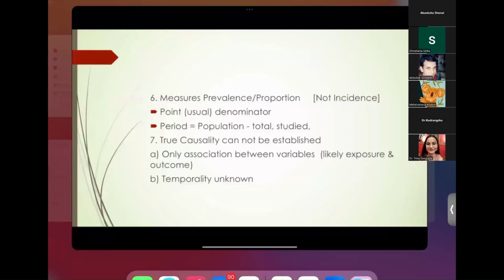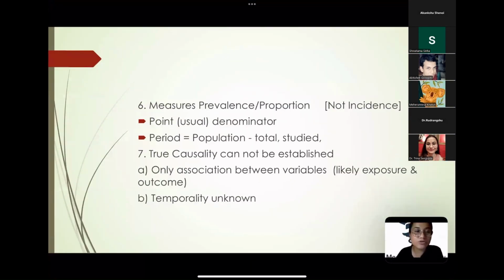That is what it is written here. See. So forget temporality. Temporality is never measured in a cross-sectional study. So what we can do is that we have only measured the prevalence, proportion, and what the factors are here. Remember, factors are the exposure. Okay, factors are the exposure, like age and all these determinants are considered as exposure.